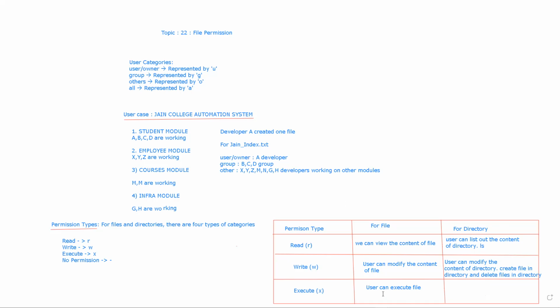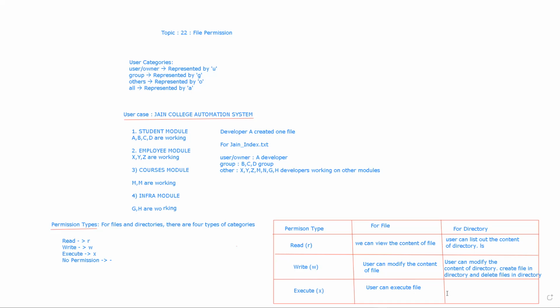In a shell script, whenever we specify the execute permission, once we call that file, whatever program is written in that file will get executed. So that is called the execution permission, right? Whenever we say the user has the execute permission, the user can execute that file.